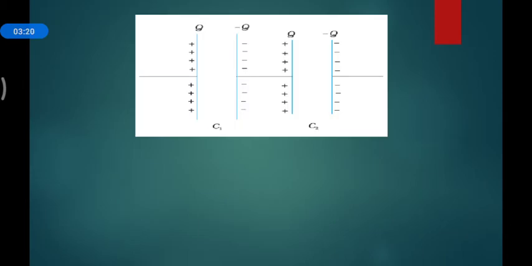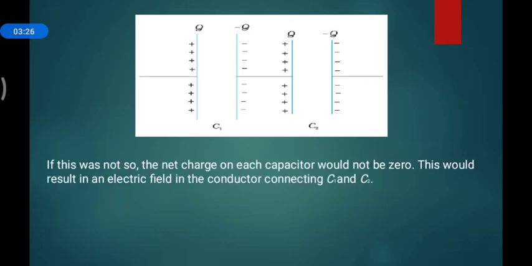So this is just a simple awareness about the battery connections, and this is what two capacitors in series are. If this was not so, suppose we are not joining with the battery, then what happens? We are not pushing electrons, so the charges are not flowing. If the charges are not flowing, the net charge on the capacitor will be zero, as we have already seen, because the number of positive and negative charges are equal in this scenario, so they cancel the effect, and the net charge will be zero.